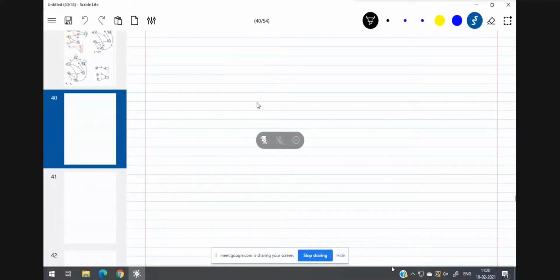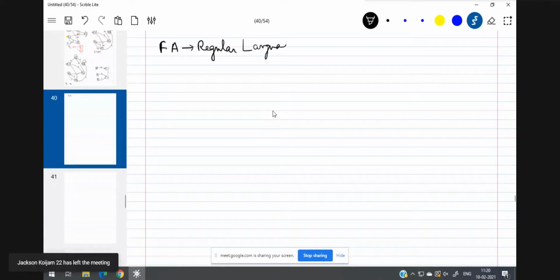End of finite automata chapter. So this is a finite automata. The language being accepted by a finite automata is known as regular language. Okay. Now, given a set of languages,